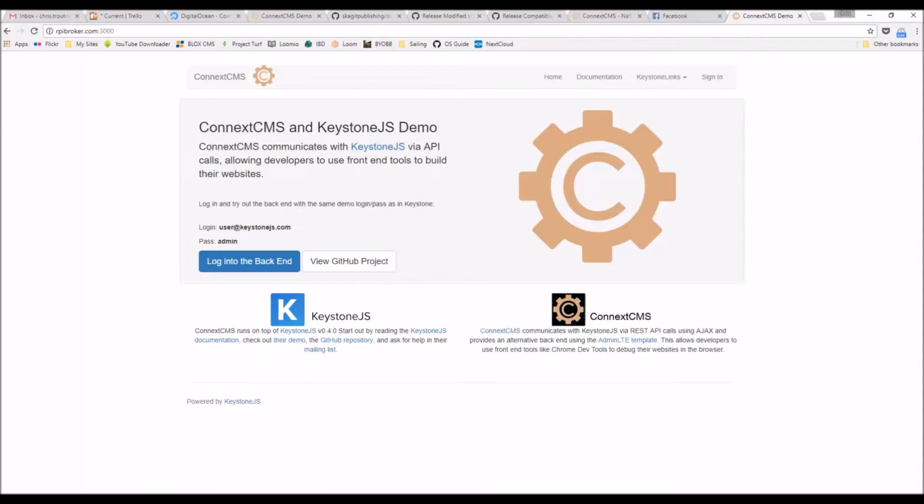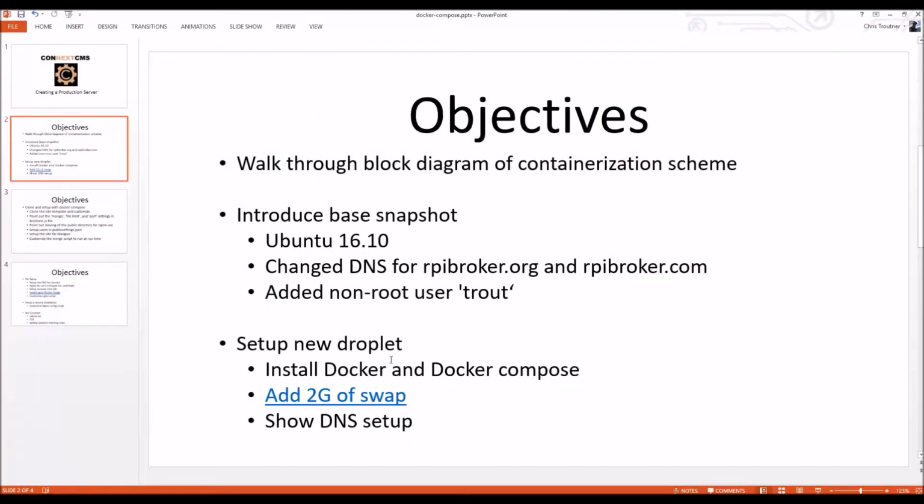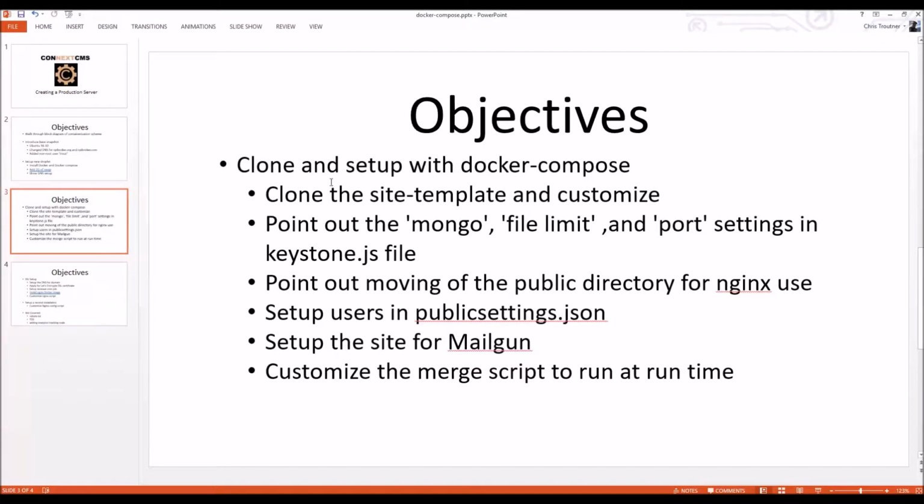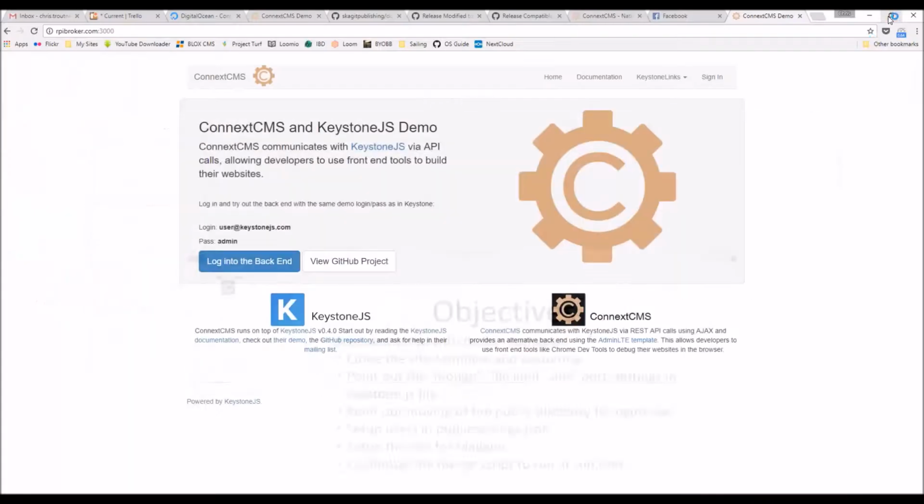And so let's see where we're at here. We've installed Docker and Docker Compose. We added the swap. I showed you the DNS setup. We cloned and set up with Docker Compose. And okay, now the basic site's up. How do you customize this? How do you create